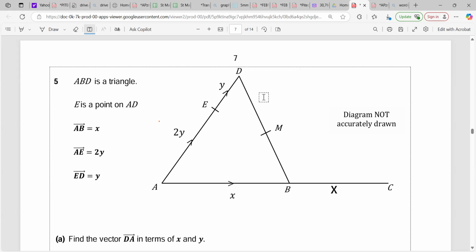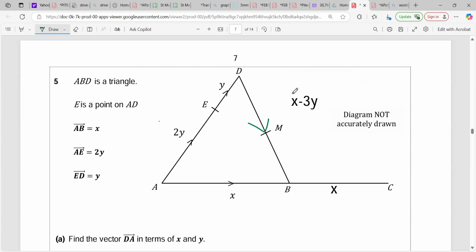Now a little problem. We had worked out this to be what? Negative 3y minus x. So I could say x minus 3y. So think about it, guys. If this is the midpoint, we could say this is half of x, and then this is 1.5y, right? In maths, in vectors, we normally put 3 over 2. So from D to B,